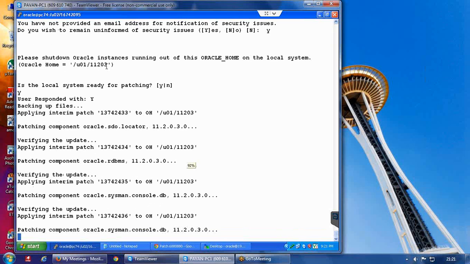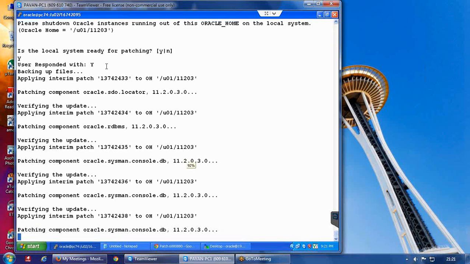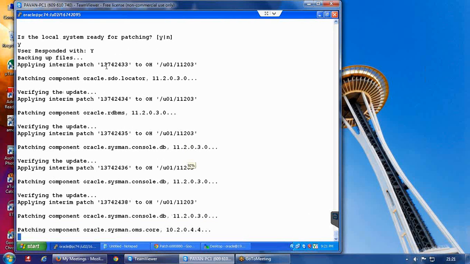Yes, Samir. Even for applying a patch, the database should be shut down. And in 11g, for some patches, Oracle came up with an option called hot patching. With the help of hot patching, for some exclusive patches, you don't need to shut down the database.